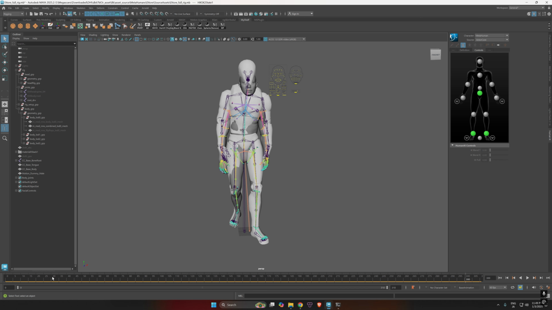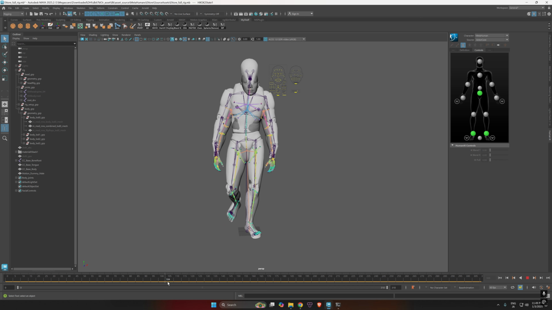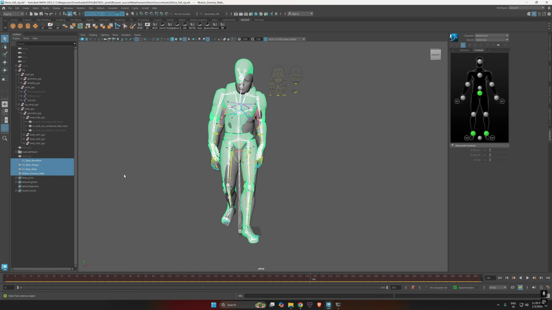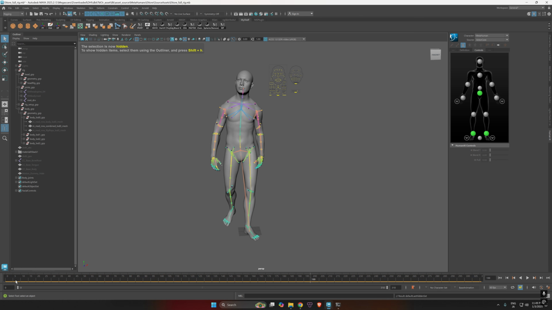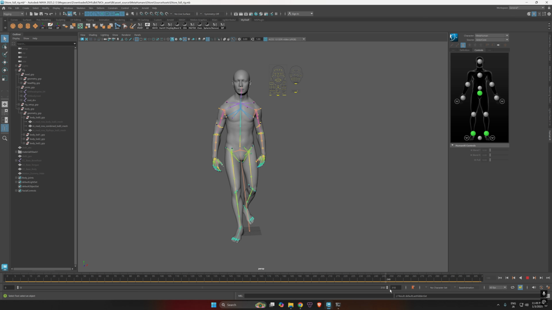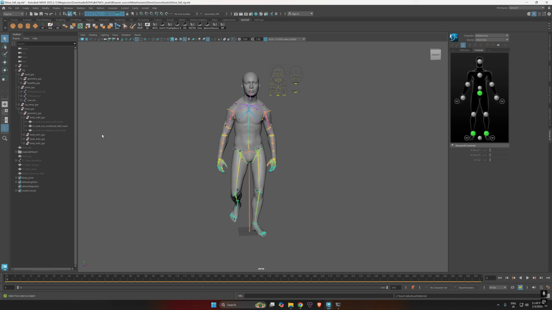As you can see now, they're both walking. Now let's hide this character here because we don't need to see it. You can see that our Metahuman is now retargeted. So hopefully, if everything works correctly,